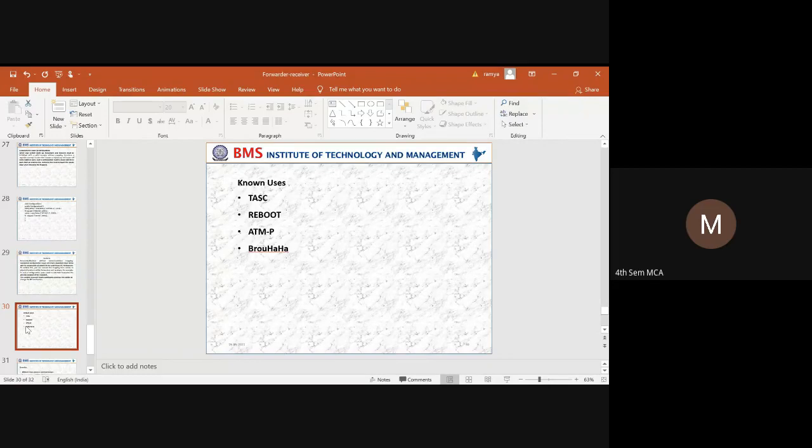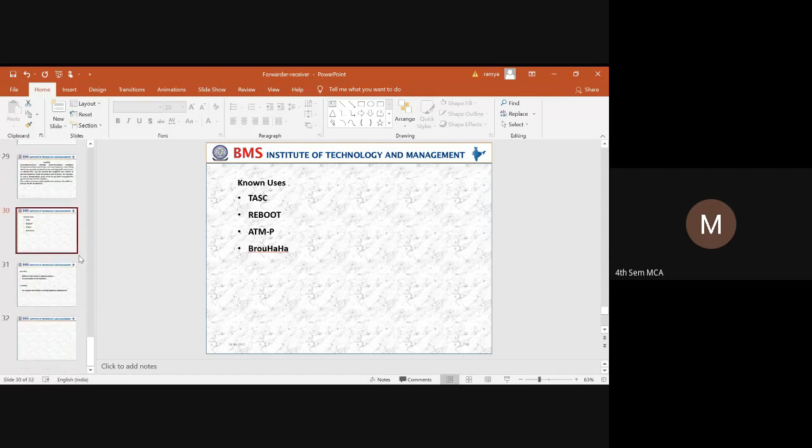So the uses of the forwarder receiver pattern: it can be applicable for tasks in a reboot, ATMP, and brouhaha. So these are the different applications where the forwarder receiver can be used.